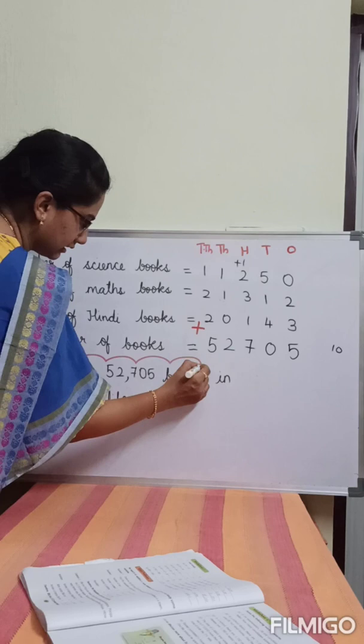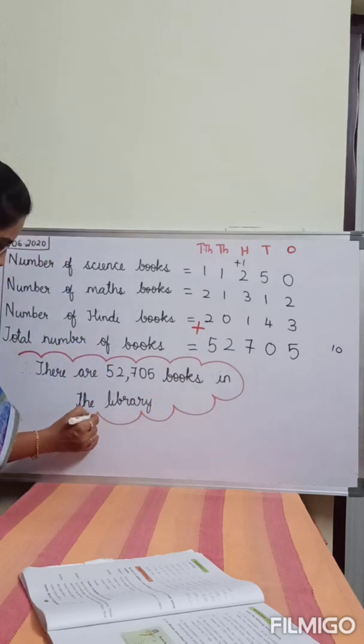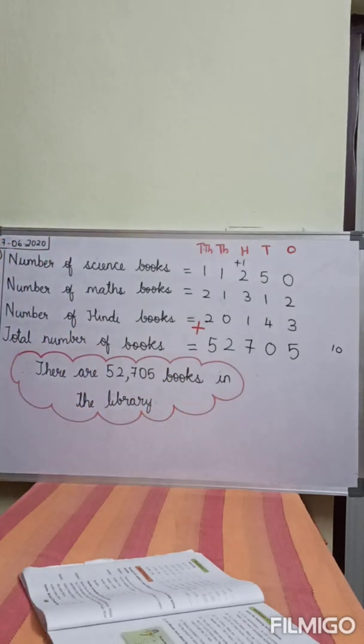This is how you will present the word problem in your classwork with statements very neatly. If you want, you can do the addition in the rough column and then write the answer in the fair column. Now let us see the D bit, the fourth bit in worksheet number 4.